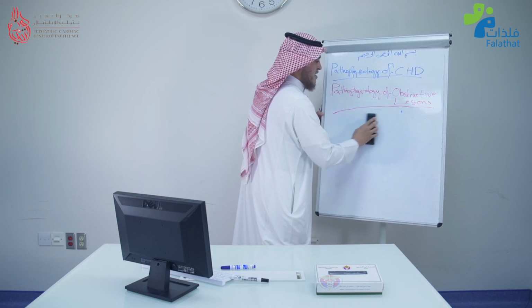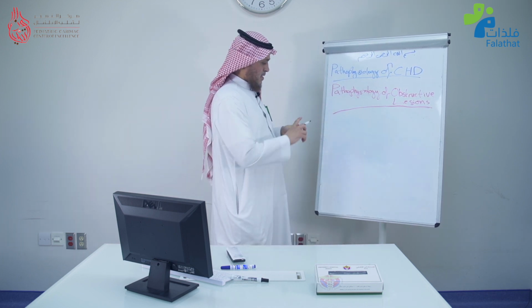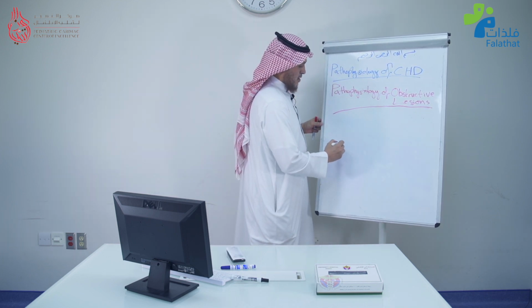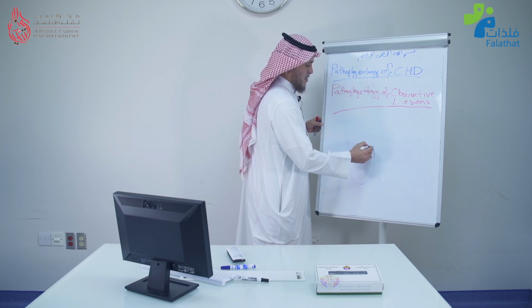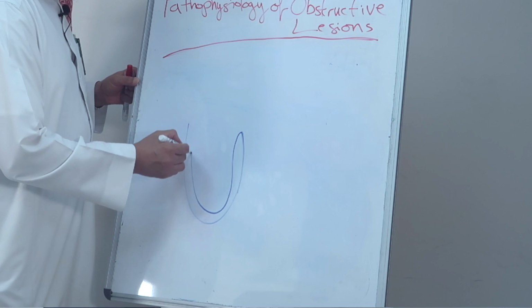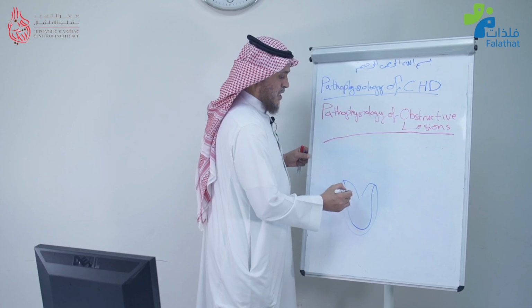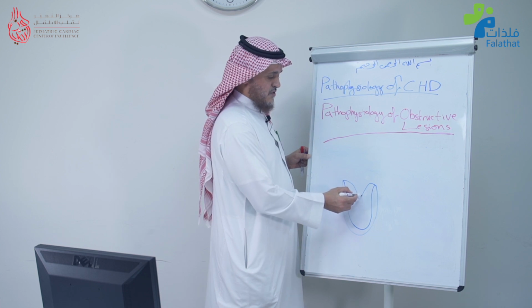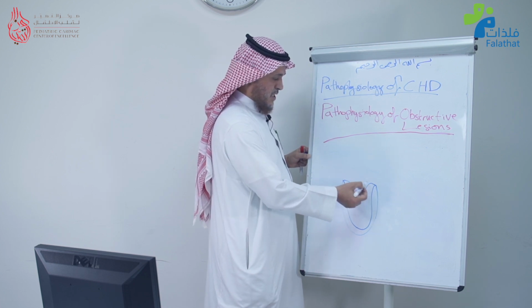When the tricuspid valve is stenotic, this is your right ventricle, if I may draw it like that. If this is the tricuspid valve, if it's stenotic, whether it is stenotic down here or stenotic at the annulus,